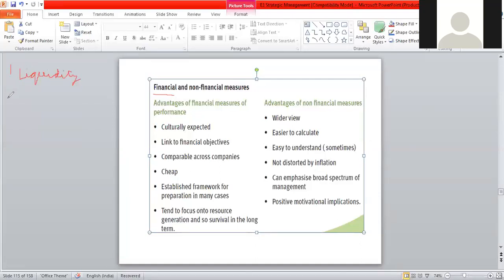Then we have the profitability scenario. So various types of profits, both from the income statement and balance sheet, can be calculated here. Since you have already learned this, we are not focusing on how we calculate. But if given a question about any one of these ratios under liquidity or profitability, you should be able to expand on that and then solve it. Technically, this is not a part of this paper's syllabus, but because we are learning about financial and non-financial measures, the advantages and disadvantages,